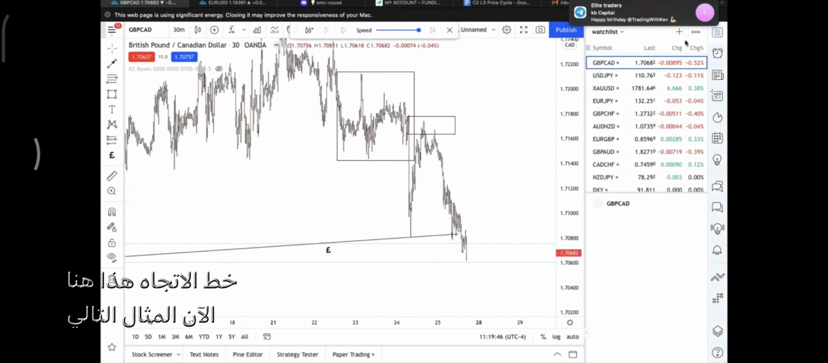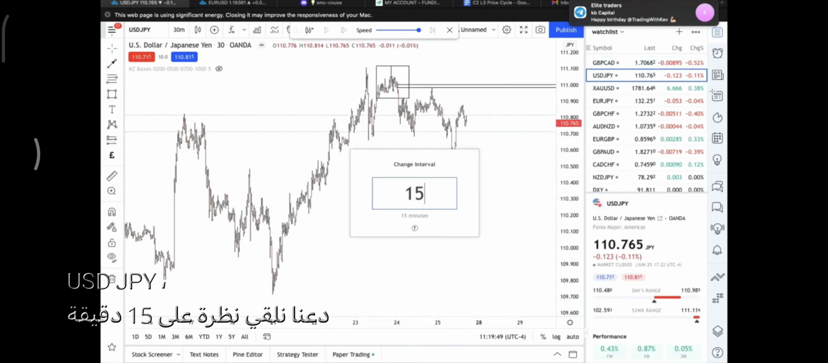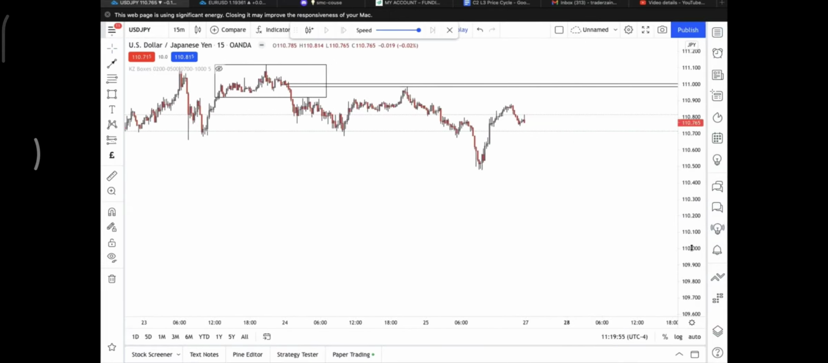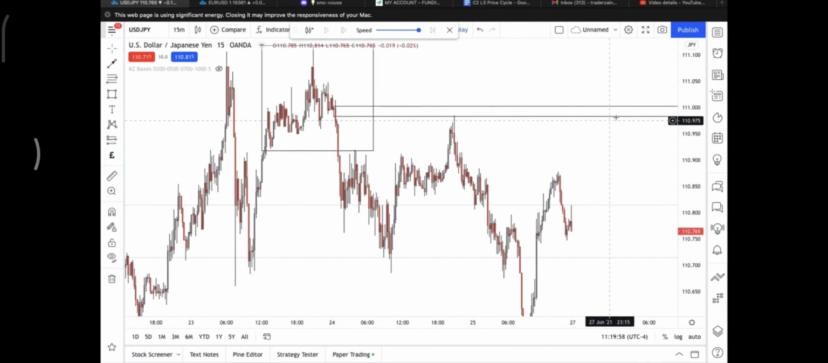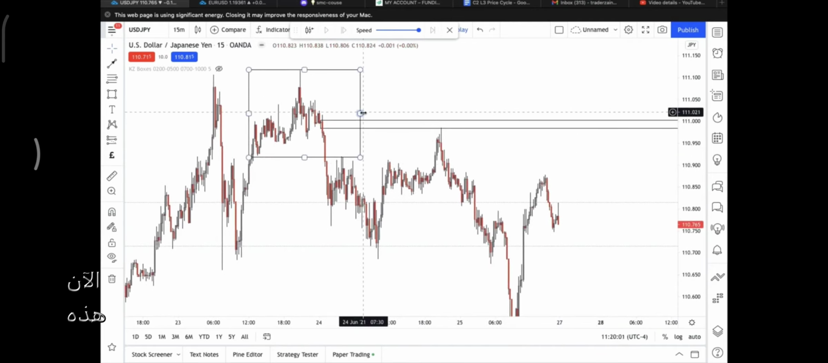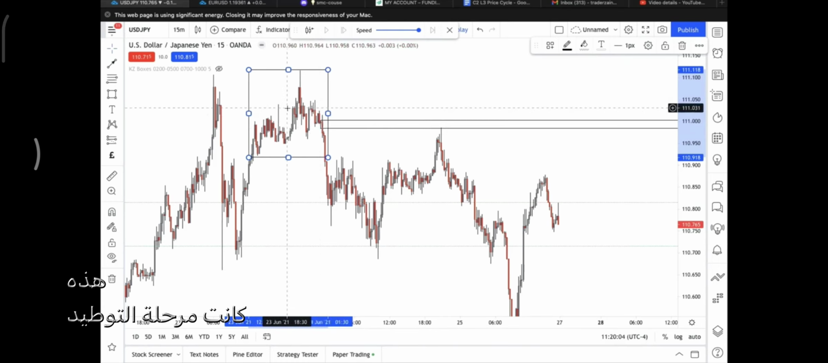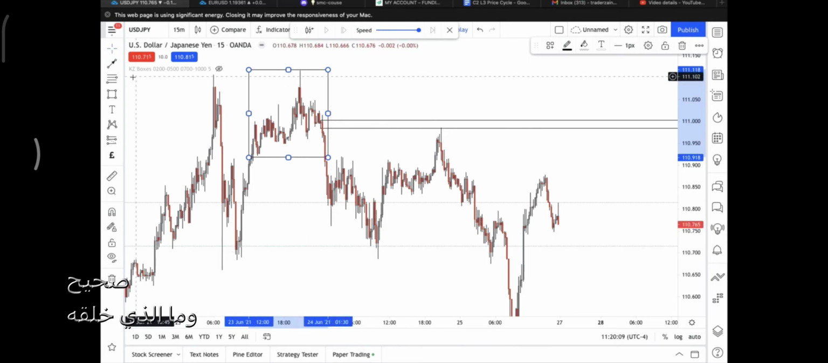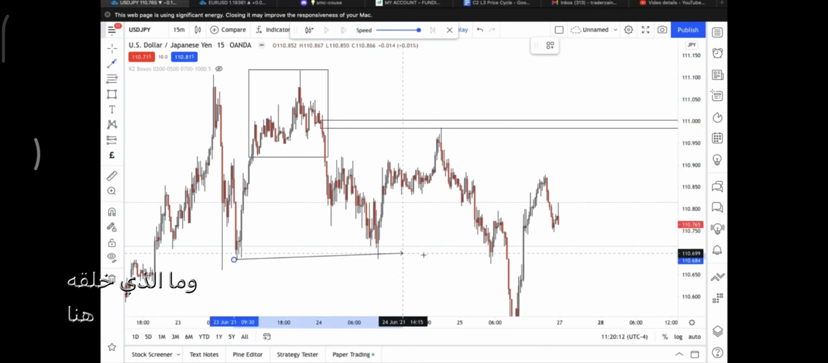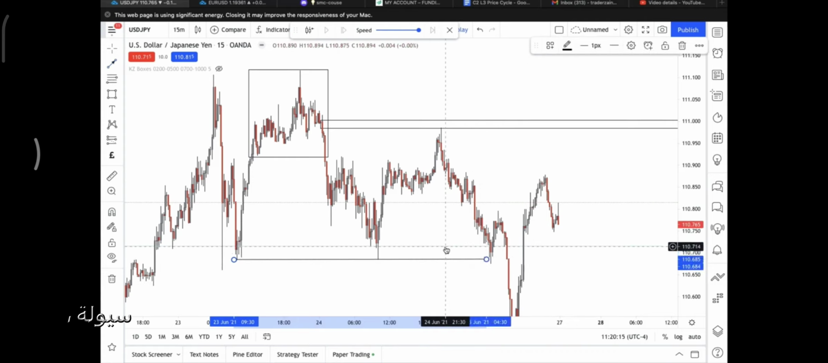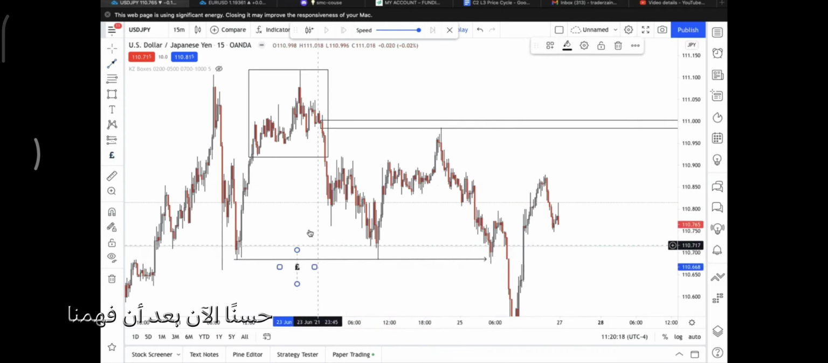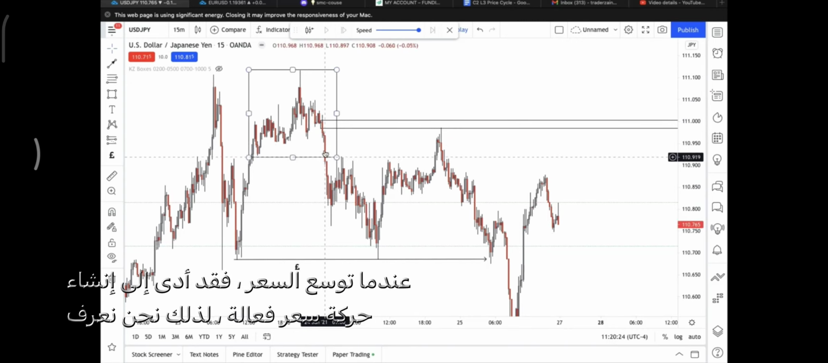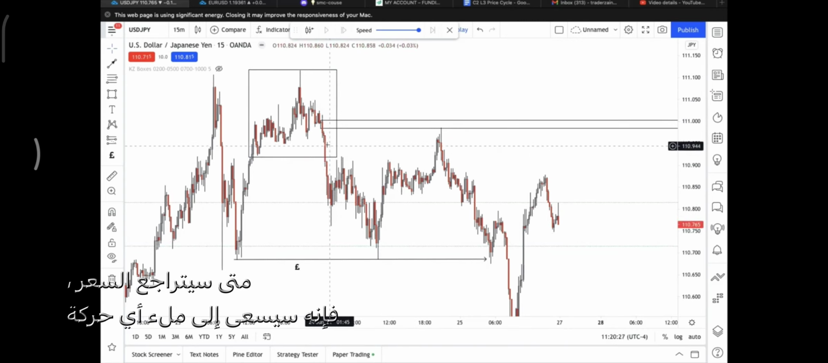Now, next example. USD JPY. Let's look at the 15-minute. Now, this was our consolidation phase, right? Now, once price was consolidating, what happened? It expanded, right? And what did it create right here? Liquidity, right? All right. Now that we understand that, when price expanded, did it create inefficient price action? So we know when price is going to pull back, it's going to seek to fill in